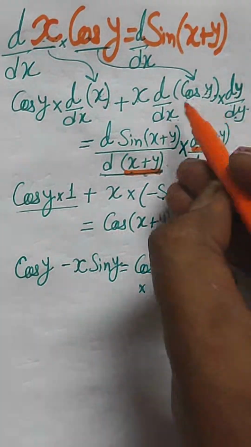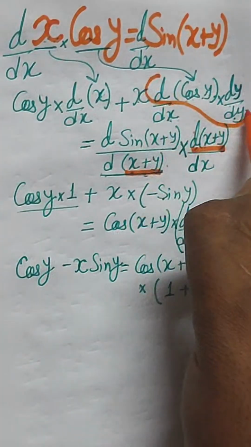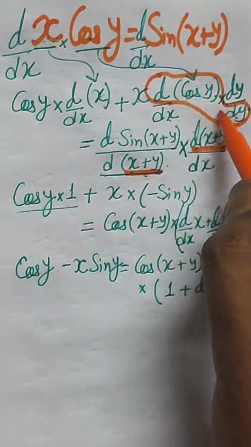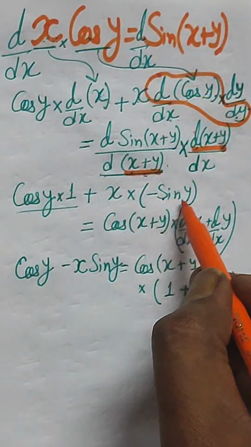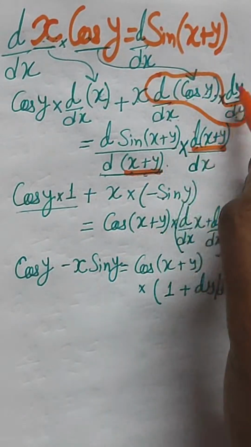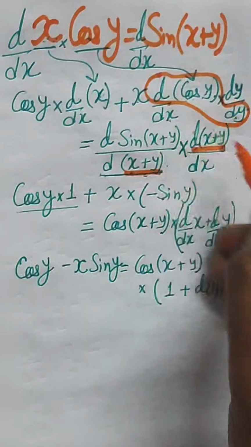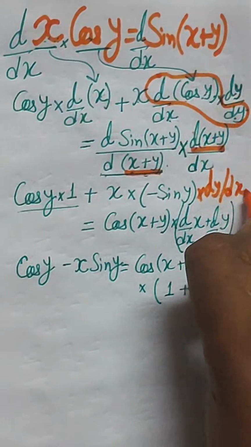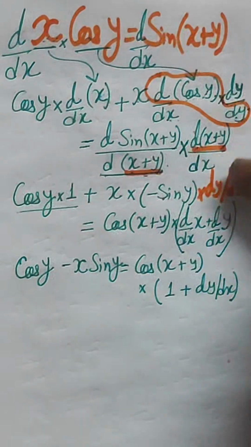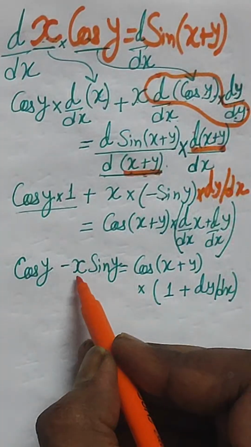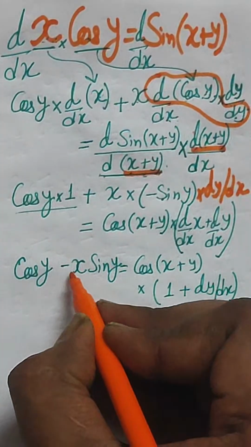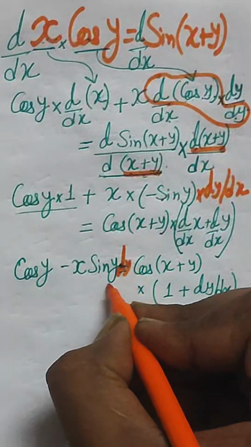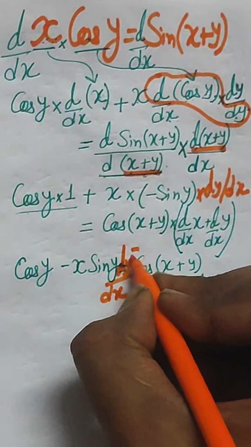So this was like this, cos y. So d by dy of cos y, that was minus sin y. Okay, and here we have dy by dx was left. So that's why here dy by dx was left, that needs to be added, right? We simply added this dy by dx. So with minus x sin y, another term dy by dx is here, right? So let's say dy by dx, after that it's equal to,